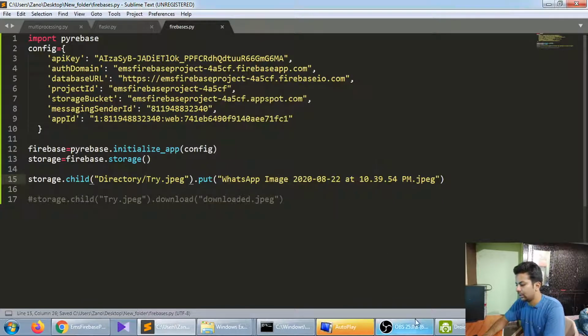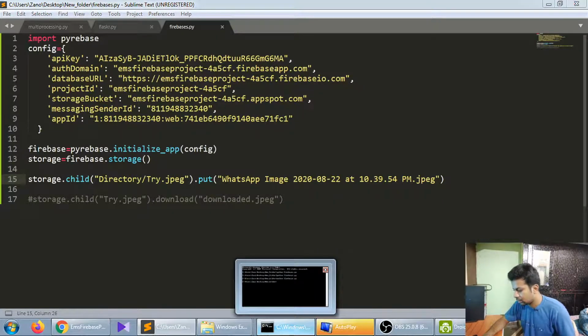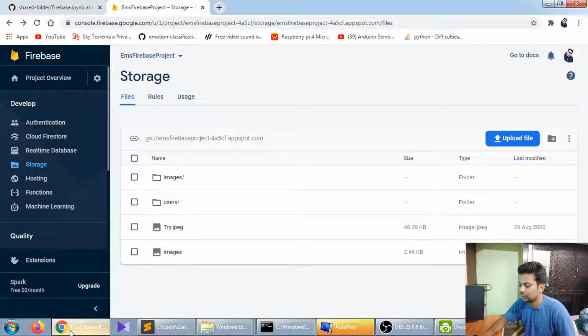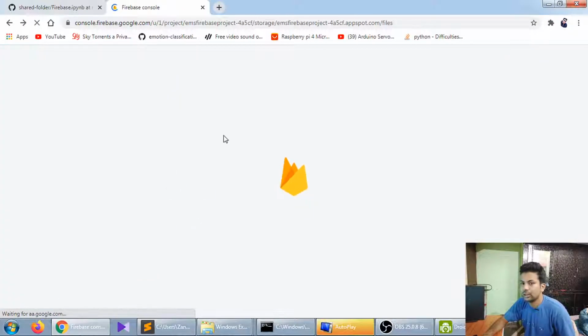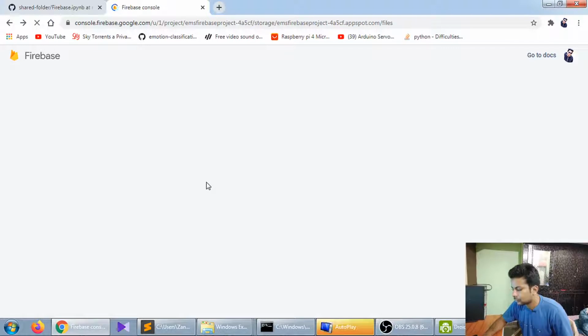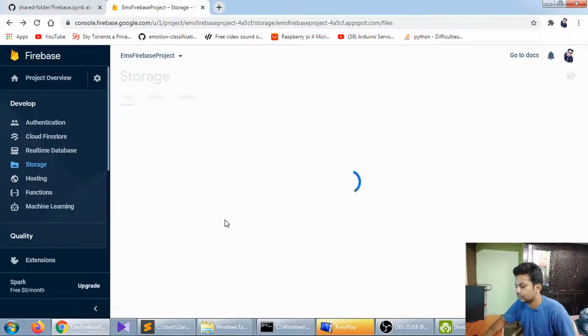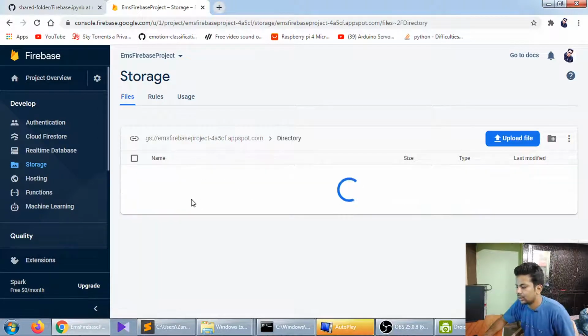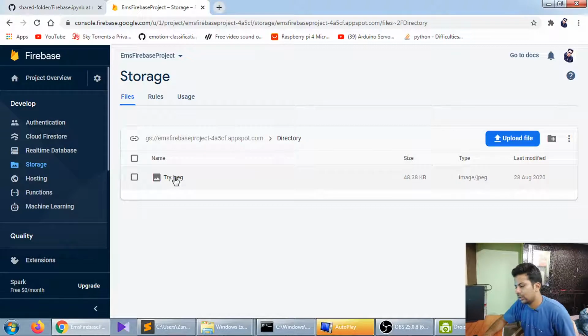Now just save it, and it will make a directory and save it there. Okay, it's done. Now just refresh it because we didn't have a directory named directory. Oh, it's taking so much time. My system is slow, I think. Now just see in directory, we got that pic.